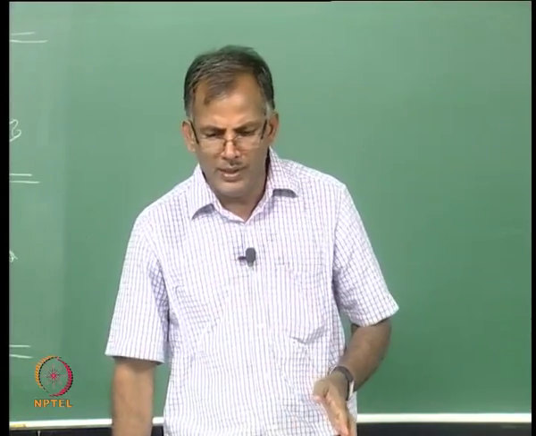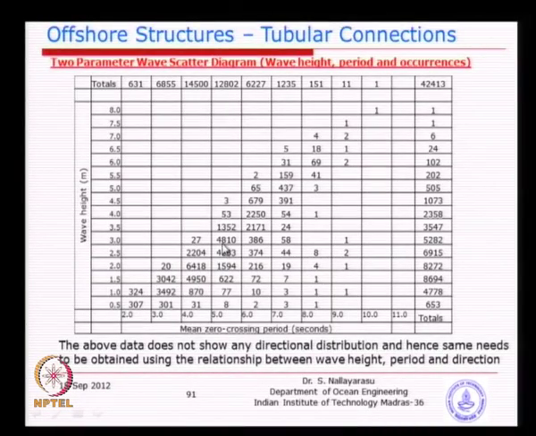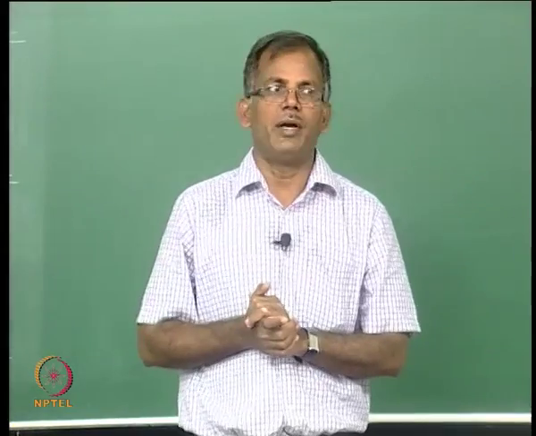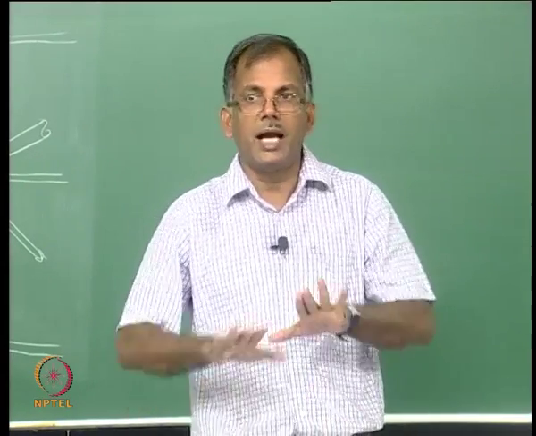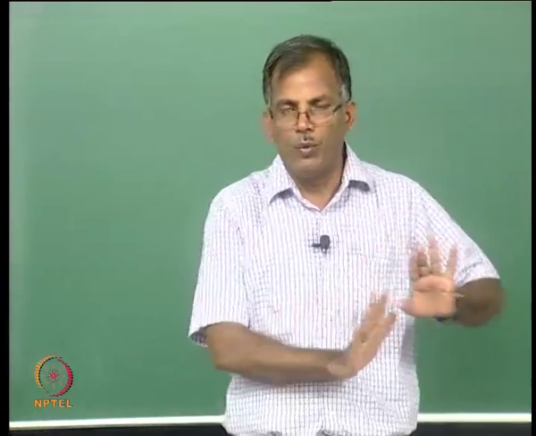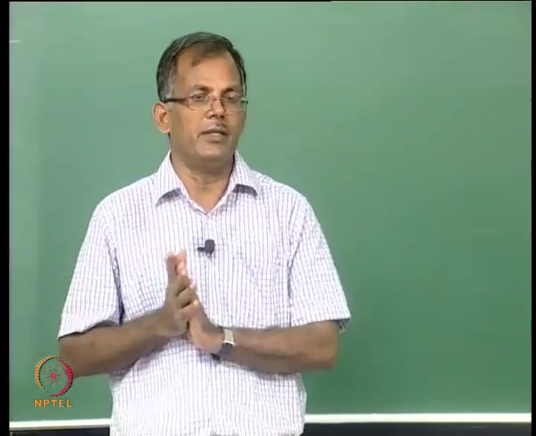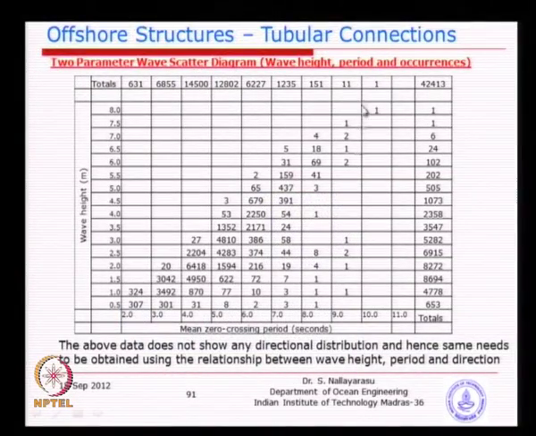For example, if you see just only one number in the whole scatter data, that means that site is very good. You do not need to do measurement, because basically only one wave height, one wave period, and all the time it occurs. You will not find a place like this. So, basically that is the idea behind this wave scatter data, the scattering of the energy from a lower sea state to a higher sea state, with a mean value, or the center of the highest occurrence, somewhere.